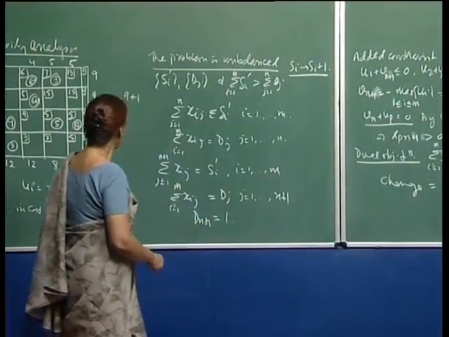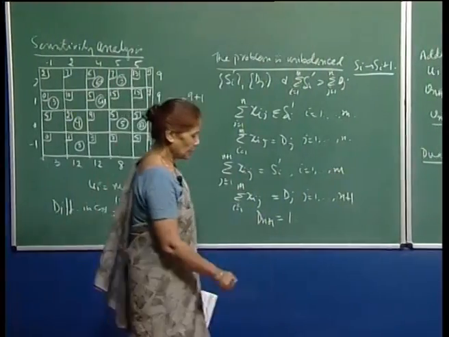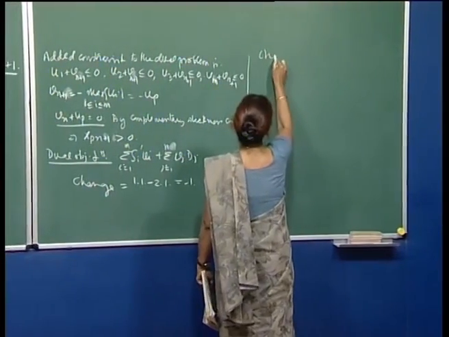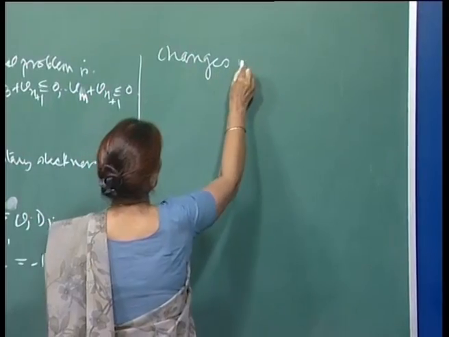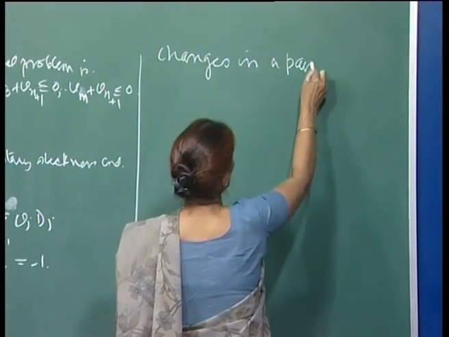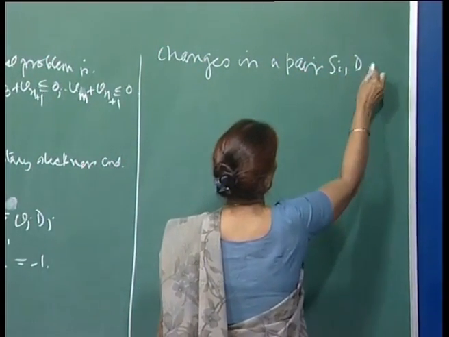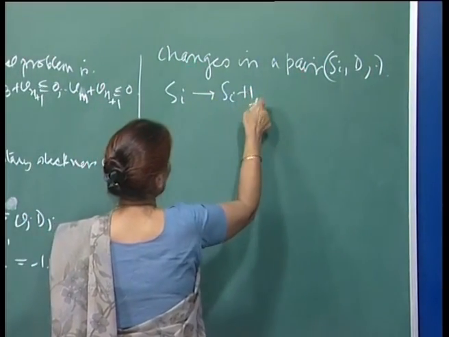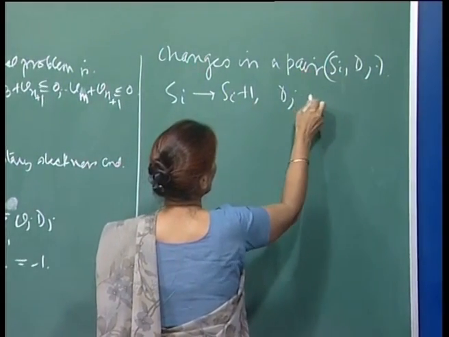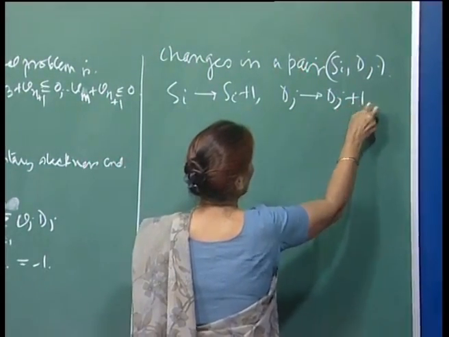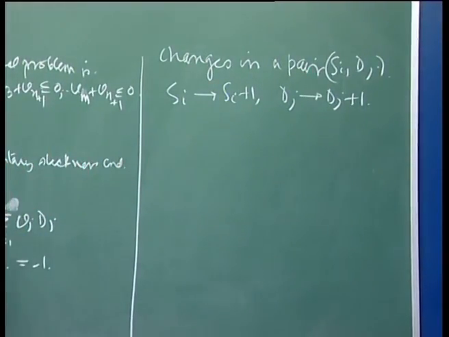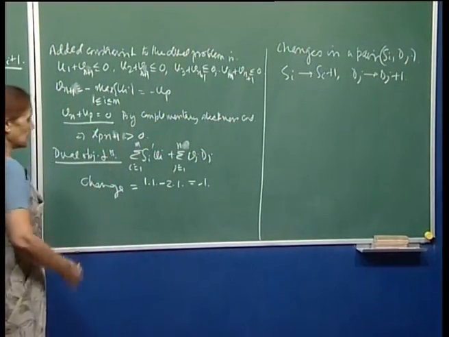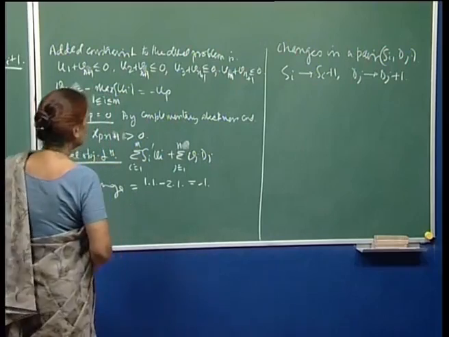So, the next topic that I want to look at is changes in a pair s_i, d_j. That means I am saying that a particular s_i goes to s_i plus 1 and d_j goes to d_j plus 1. So now the problem remains balanced, and it is just a question of adapting the current solution to the changed supply and demand. Here the idea is